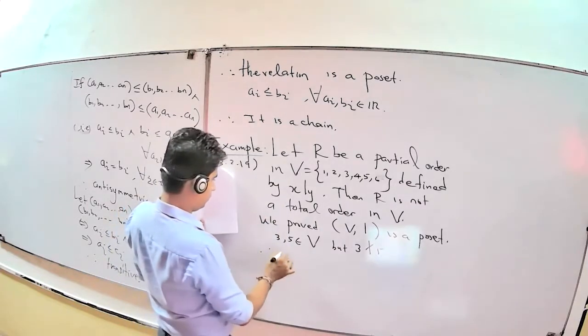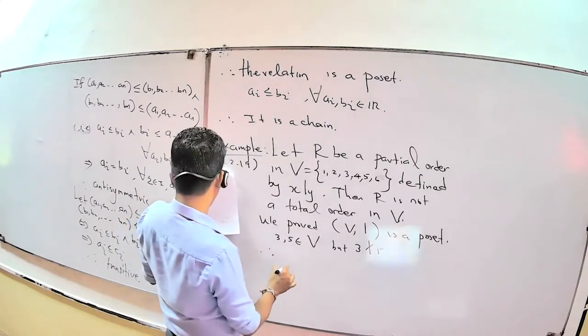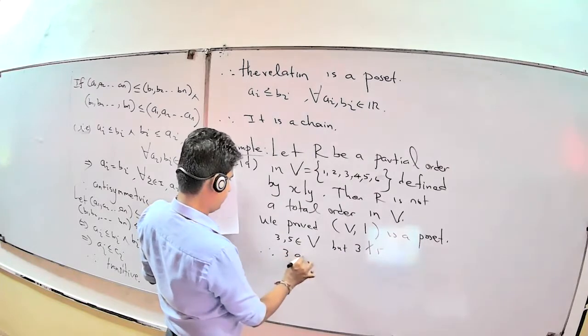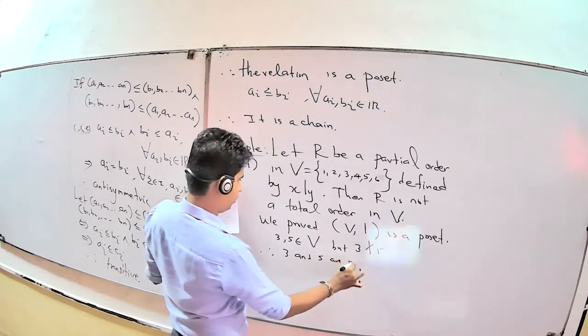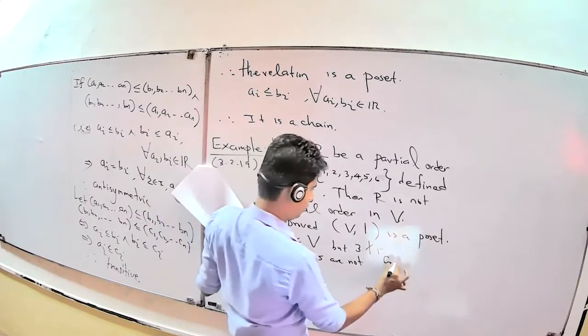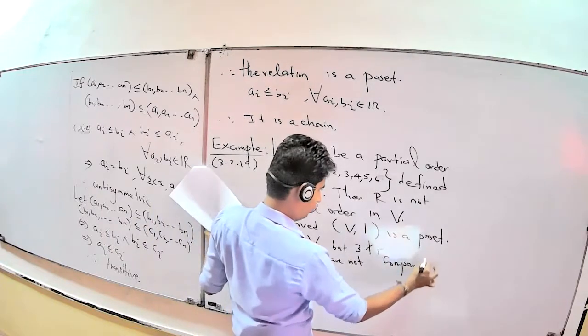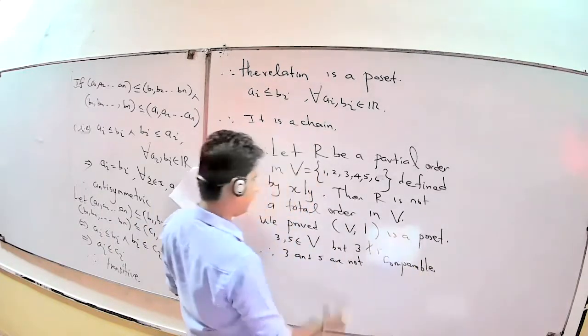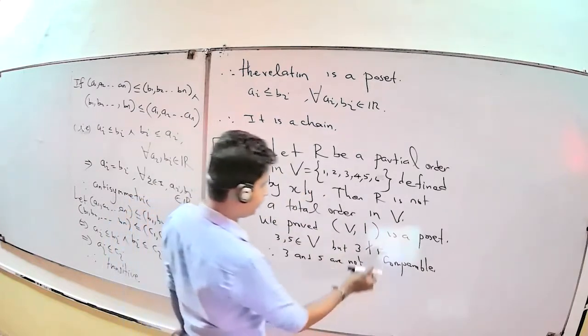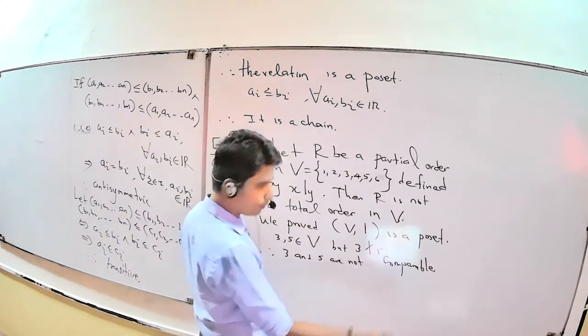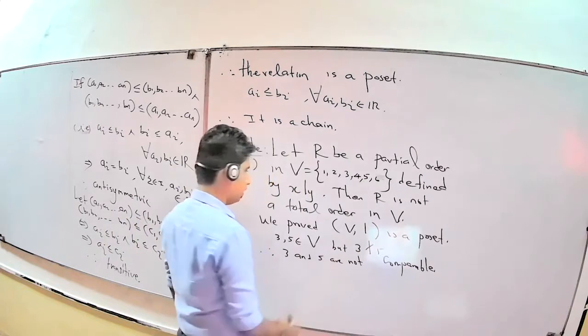Therefore, 3 and 5 are not comparable. For a total order, each pair of elements must be comparable, but here even for one pair they are not comparable. Therefore, it's not a totally ordered